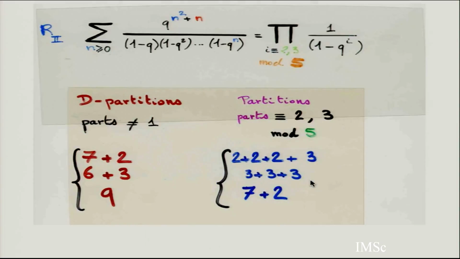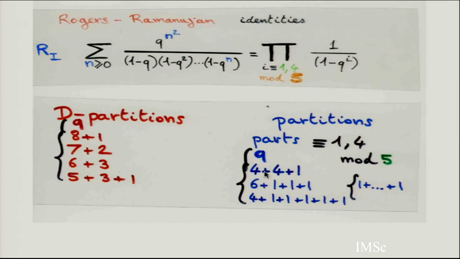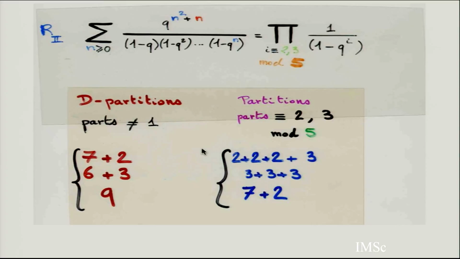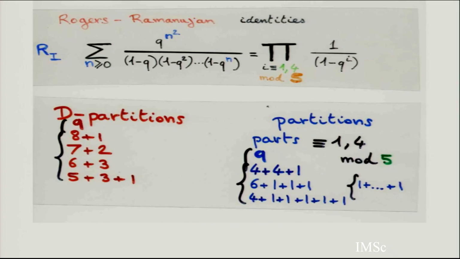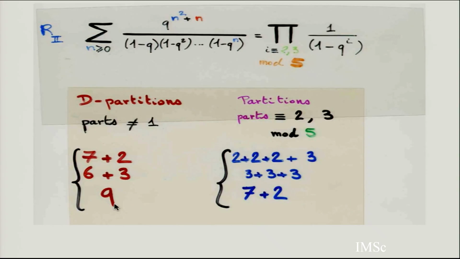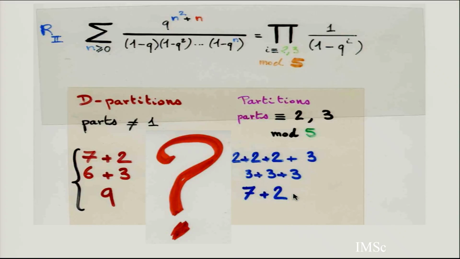Now the second identity. Second, you see, you change completely. Now the right-hand side is all partitions equal to 2 and 3 modulo 5. So they are totally different. The right-hand side. But the left-hand side, because you multiply by q power n, it's just the same D partitions as before, but no part equal to 1. This corresponds to the shift, the numerator. You have no dimers living on 0. So take your D partitions, you cancel the one with 1, and then there are 3 such partitions, 3 and 3, again there is the same number on both sides. So again, it's a second jewel of combinatorics and q-series.